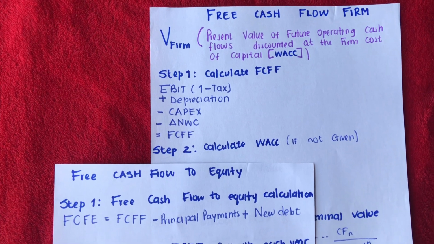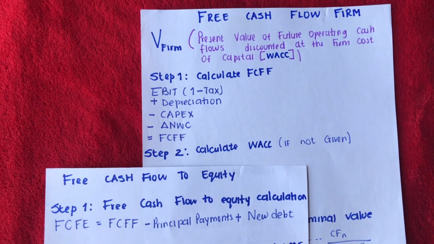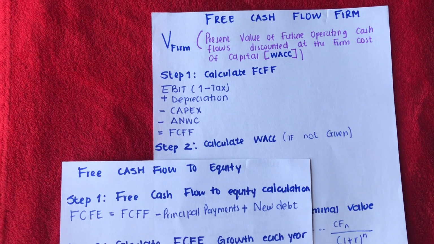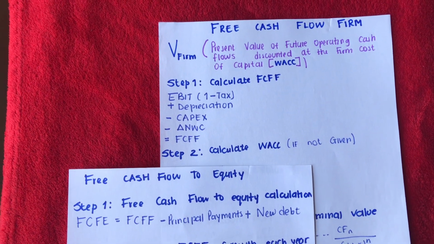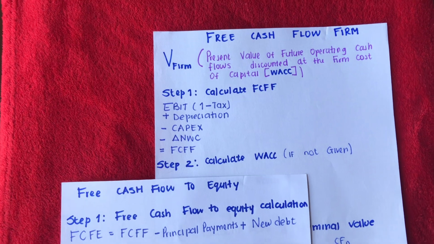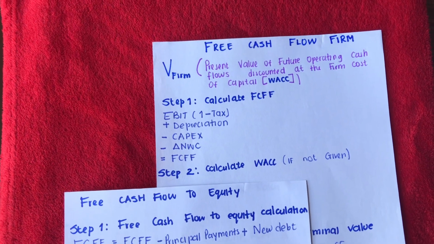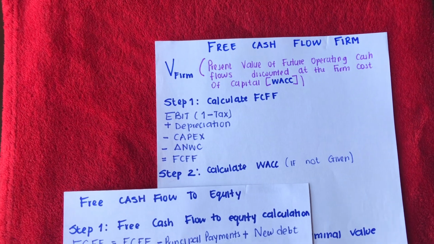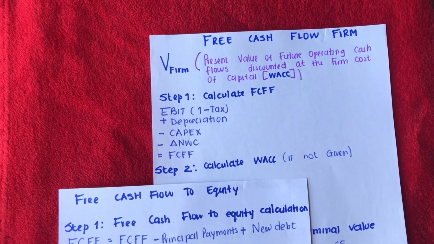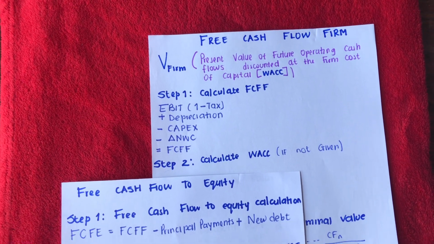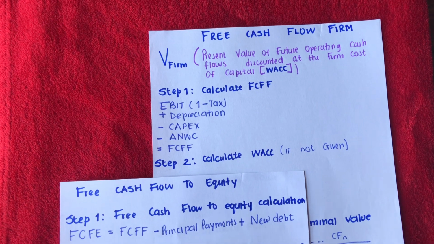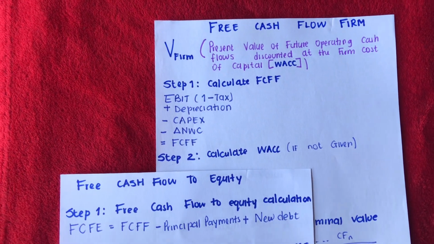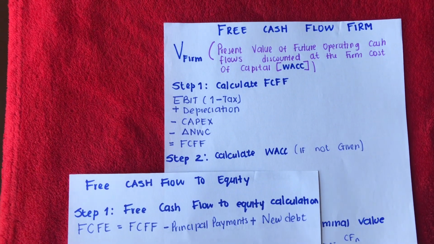So today we're looking at the difference between the free cash flow to firm and the free cash flow to equity. These are two different free cash flows. With free cash flow to firm, think about WACC. And when we talk about the free cash flow to equity, think about the cost of equity. Remember, when we talk about the firm and the WACC, we are looking at